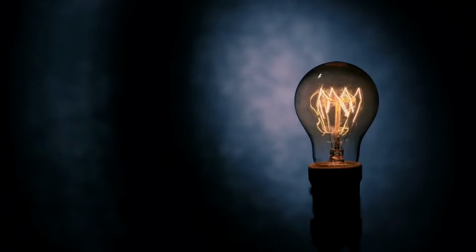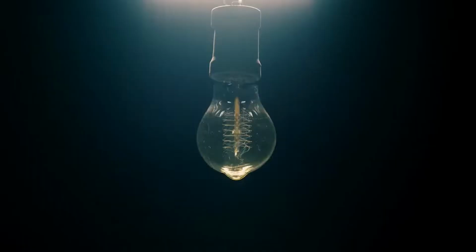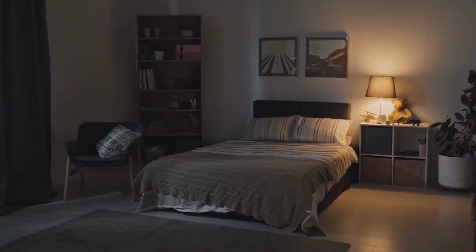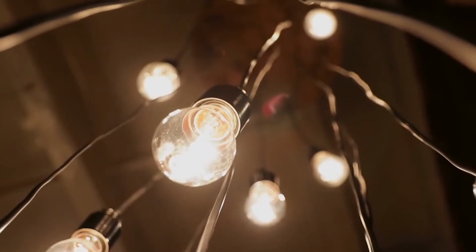Whether you're dealing with bad overhead lighting or you just want to add a little extra vibe to your space, a floor lamp can totally even things out and make your home feel cozier than ever. But with so many options to choose from, it can be tough to know where to start. That's why we've put together a list of our top 10 picks for the best floor lamps out there on